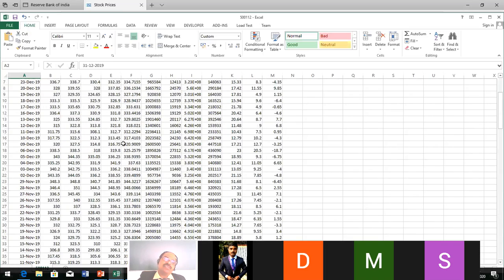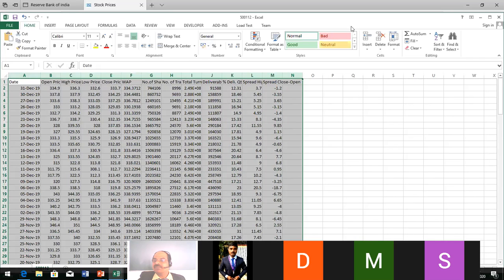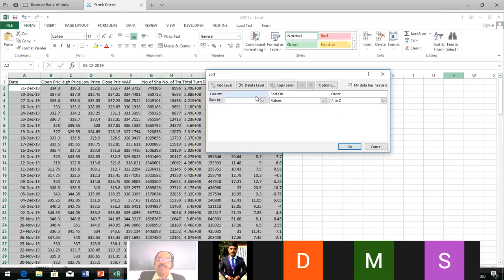We had the data. So what you have to do, you have to once again select all those things, go for sorting, sort or custom sort you can select, sort by date, oldest to newest. That is important, dear students.